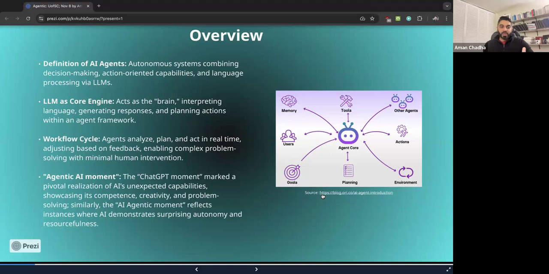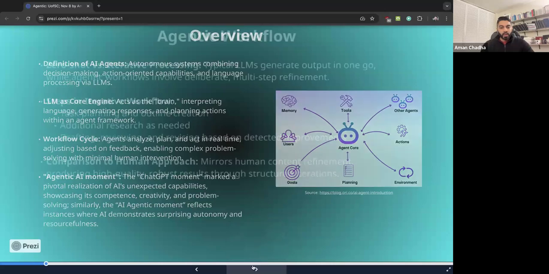In a similar fashion, we've got the agentic AI moment happening right now, where we're seeing LLMs go way beyond what they were initially capable of, taking action via various APIs, tools, remembering prior preferences based on memory, both short-term and long-term. So there's a whole lot of these different aspects that are pretty central to the agentic AI movement that has arrived, similar to what we saw with ChatGPT a couple of years ago.